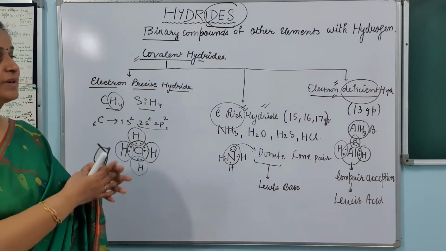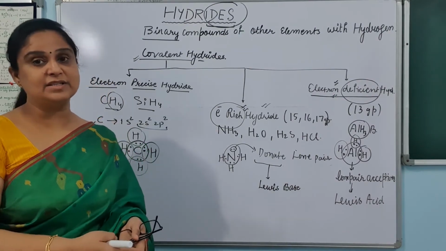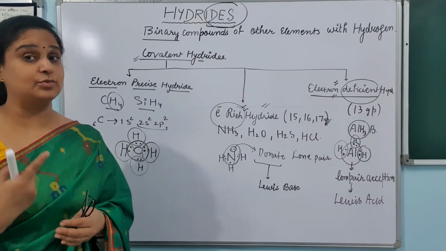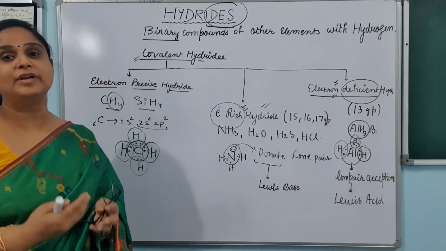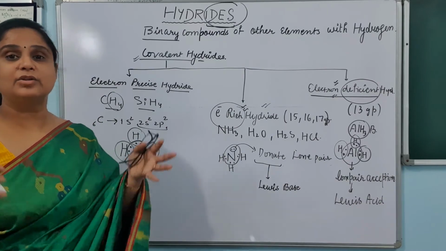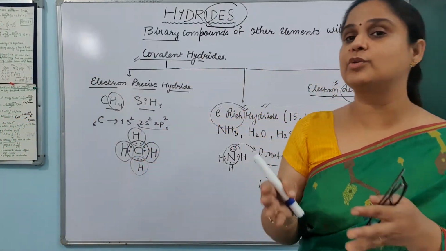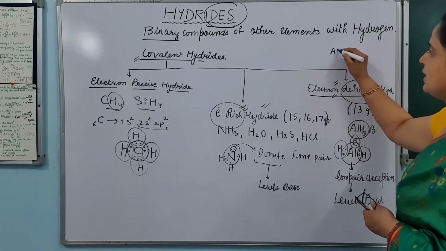A very good example is AlH3 and BH3. They do not exist as AlH3 or BH3 because their outermost shell is not complete, so how will they exist? They will form dimers, where two molecules of AlH3 or BH3 combine to satisfy themselves. For an example,